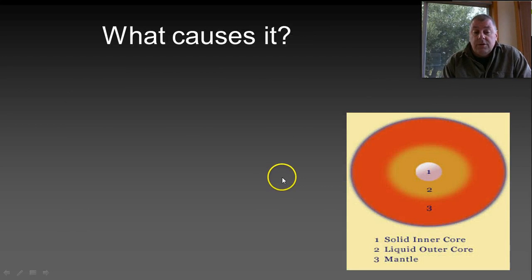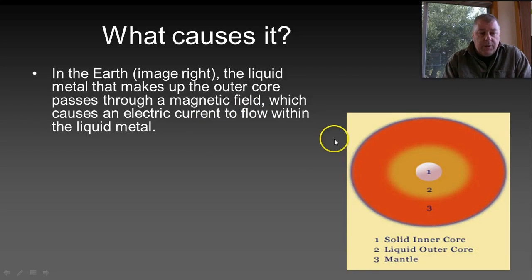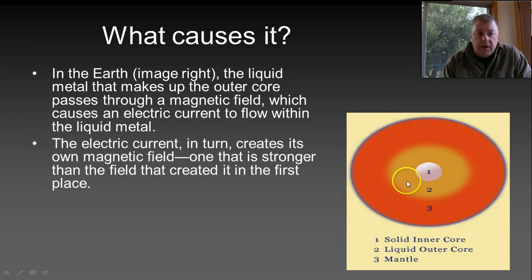So what causes the Earth's magnetic field? Well, here's a very simplistic diagram of the Earth. We have a liquid metal that makes up the outer core, we have a solid inner core, and then we have a mantle, which is fluid as well. And what's happening is that this molten core can flow, and because it's flowing and it's within a magnetic field itself,